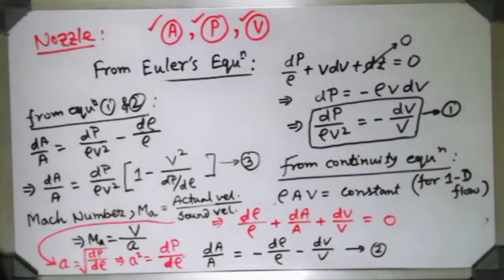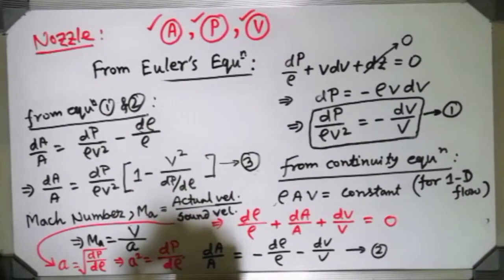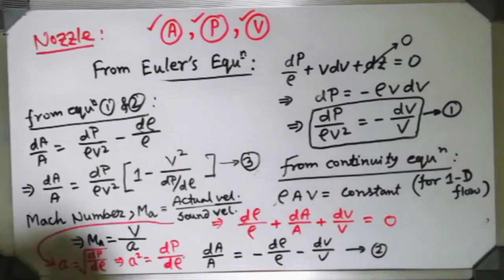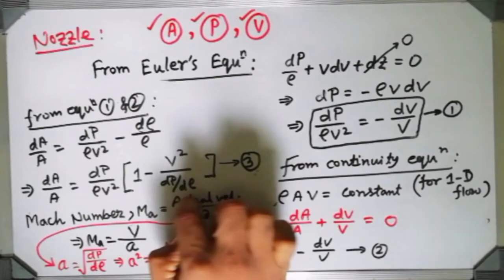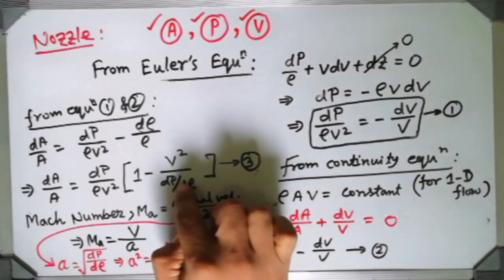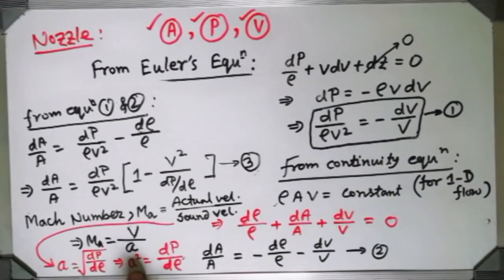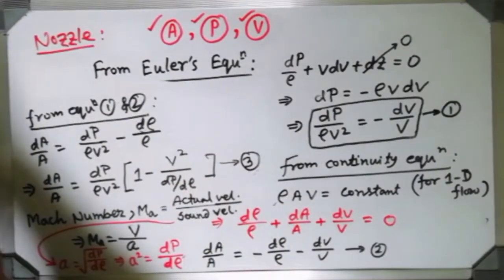This equation is valid for compressible medium. So we can use this relationship over here. That is the main objective. See, dp by d rho is there in equation number 3, and that is equal to a square. So this equation will be changed like,